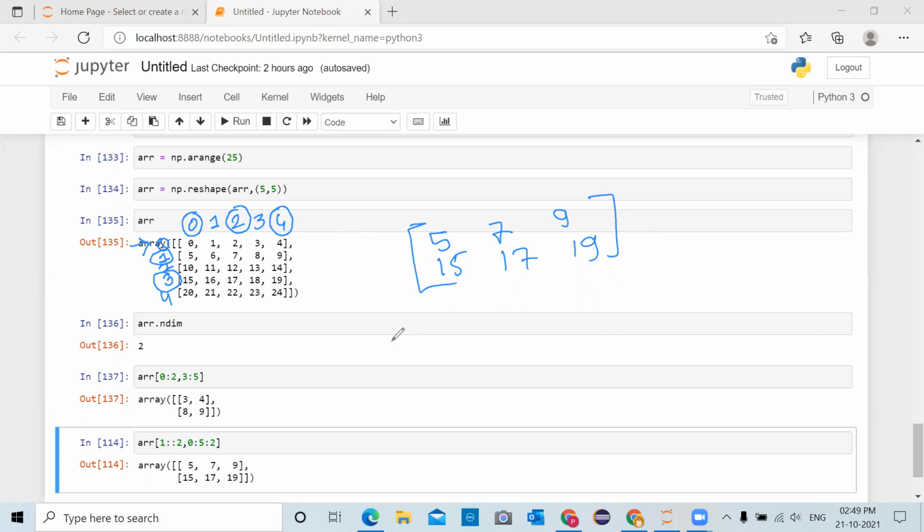Now we want to do this using stride. So we will give the array name ARR. We will start, for the rows, from 1. We will run till the last ending. So last is 4, so index plus 1 will be 5.